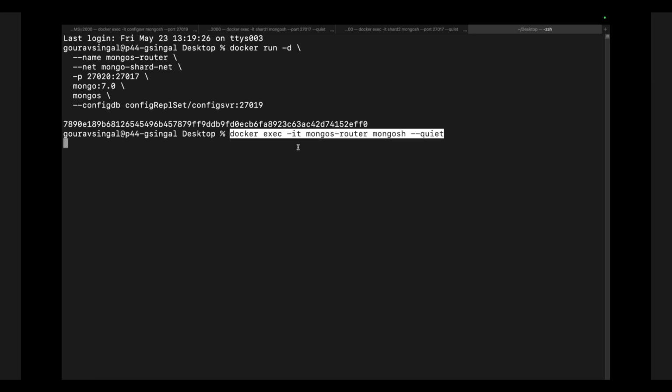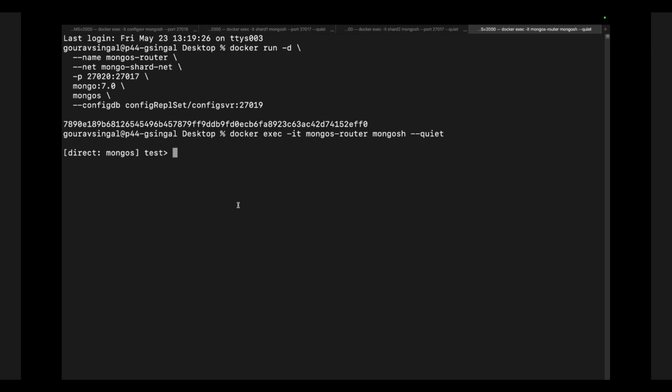Actually, starting the container with mongos just picks the first tool to run, that is the mongos router. When the container boots, it launches the router program. The other two programs are still on the disk inside the container. docker exec is like opening a second terminal inside the same container. When you execute this particular command, you are simply starting a new process inside the container, which can freely run the mongosh shell that's already there. Because the shell is pre-installed in the image, it just works, nothing special to install. So the router keeps routing and your shell runs side by side. There will be two separate processes in one container.